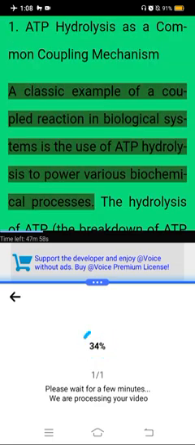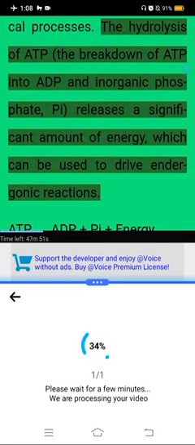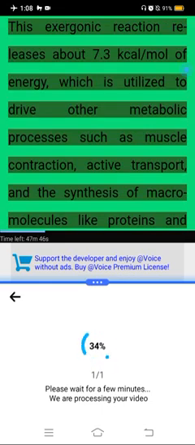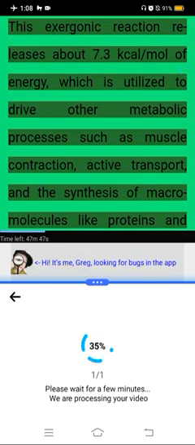A classic example of a coupled reaction in biological systems is the use of ATP hydrolysis to power various biochemical processes. The hydrolysis of ATP, the breakdown of ATP into ADP and inorganic phosphate (Pi), releases a significant amount of energy, which can be used to drive endergonic reactions. ATP → ADP + Pi + energy. This exergonic reaction releases about 7.3 kilocalories per mole of energy, which is utilized to drive other metabolic processes such as